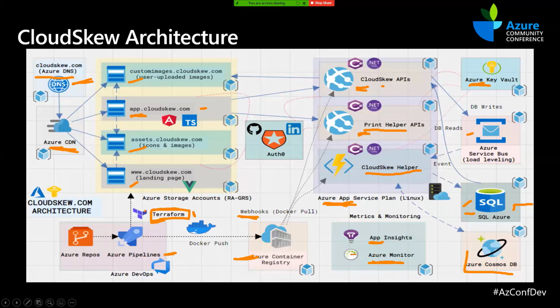One point I do want to make is, when we use the Terraform script to create an environment, we create multiple copies of that environment, like I said, dev, test, and prod. They are mostly identical, but dev and test might use some scaled down resources. Also, Key Vault values will differ.